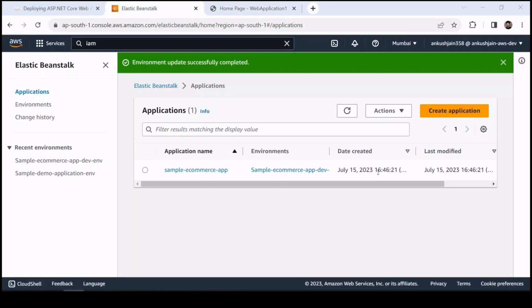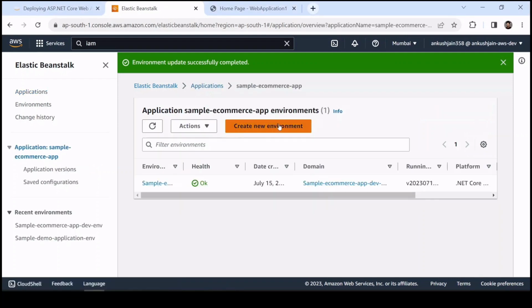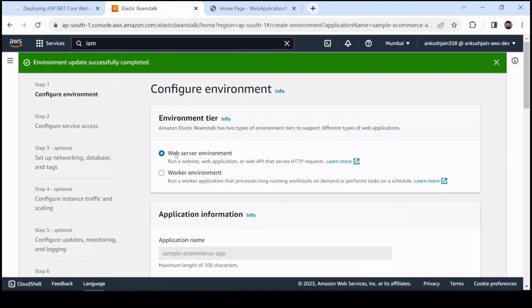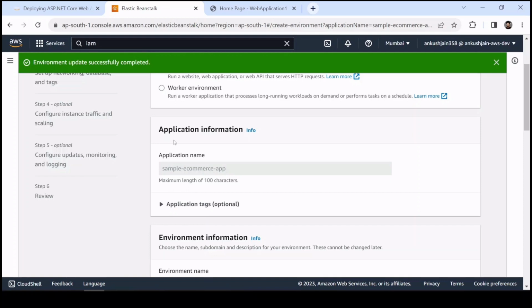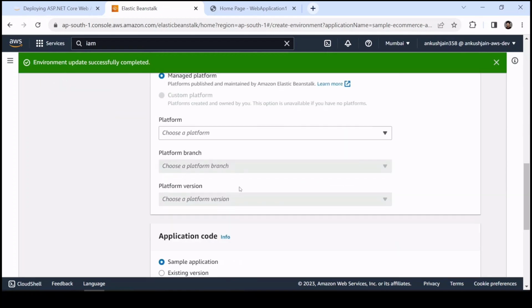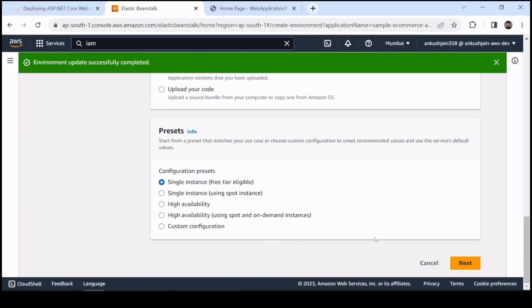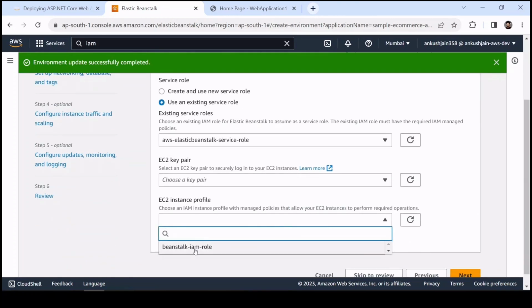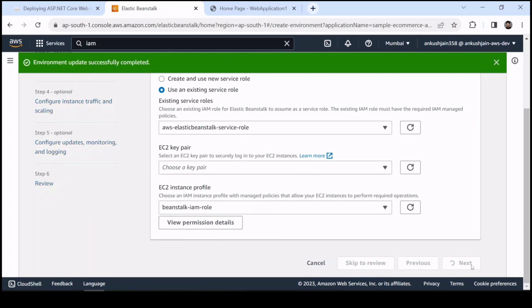So now let's create another environment. I will select the application and create another environment. I will select the web server environment. The application name will be the same, and here I will give the name prod. For the managed platform, .NET Core on Linux, and a simple application, single instance. Next I will use an existing role. Here I also will use the Beanstalk IAM role that I created. Then next,